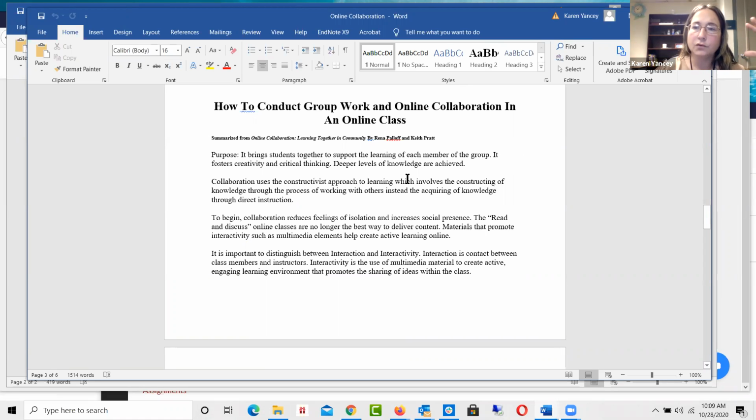Collaboration helps the students direct their own learning. They use a constructivist type of approach in which they bounce ideas off of each other and they learn from each other as well as the instructor. They learn application in ways that they wouldn't have necessarily from the instructor, because they can discuss with their fellow